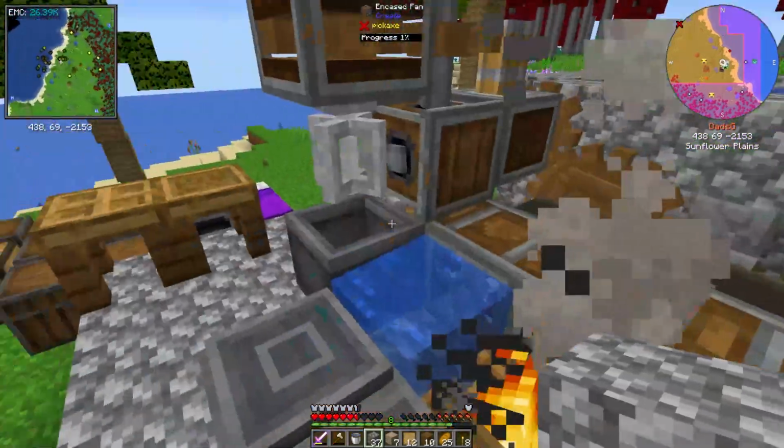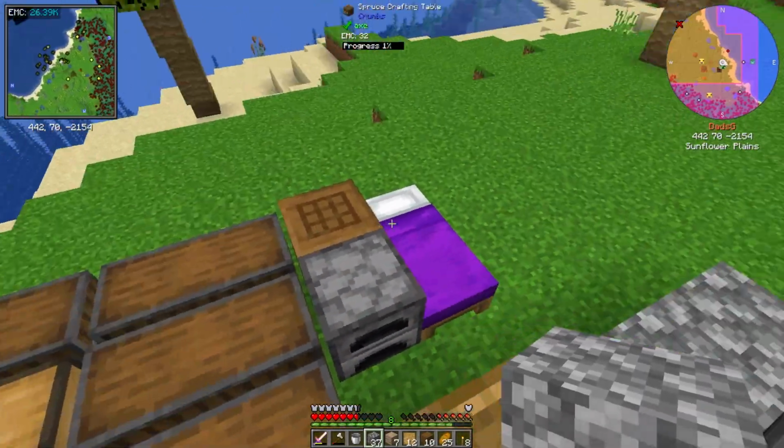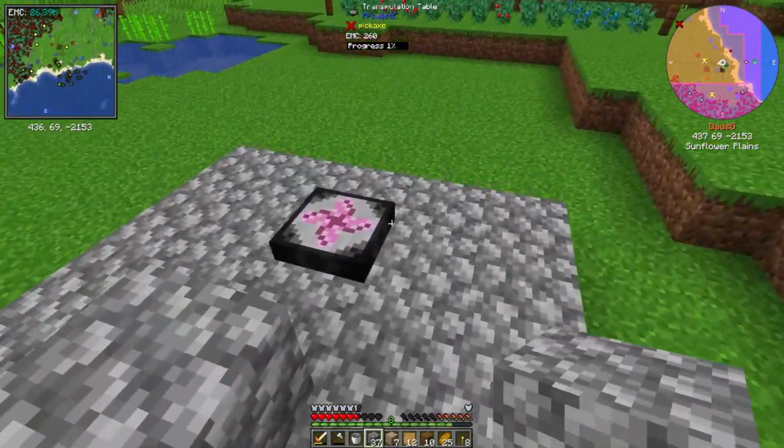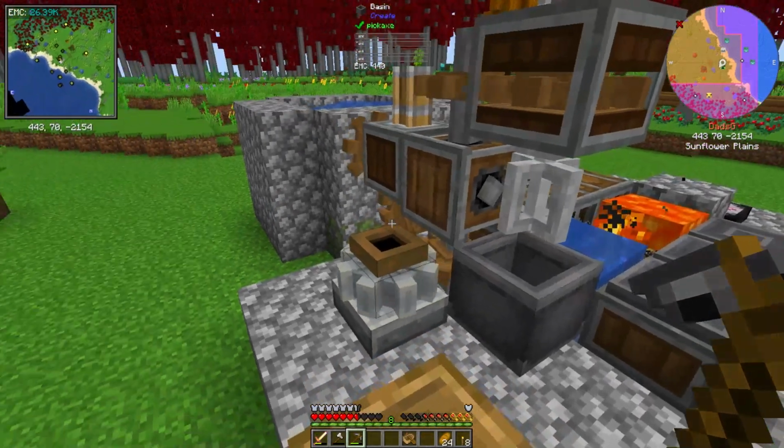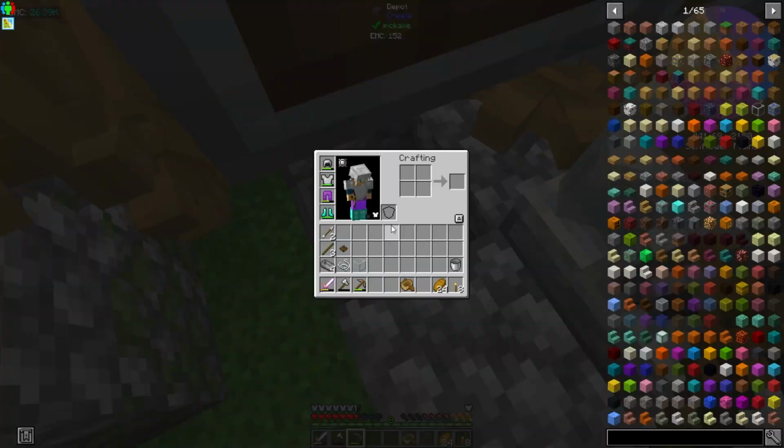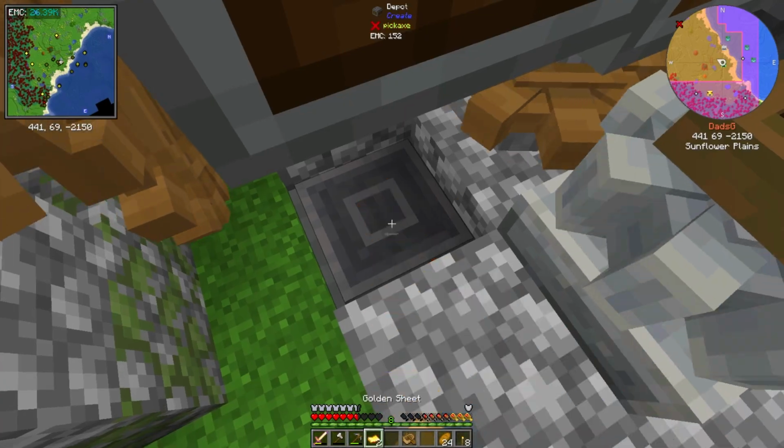Okay, I did everything that I could grab out of these chests right here and put them into the transmutation table. So now we have a lot of stuff in here that we can pull out whenever we need to. And if we get it so full we need to do searches, you can just do searches up here. No problem at all. One thing that's going to help us out is to make a wrench for the Create